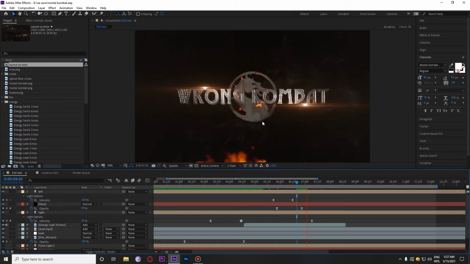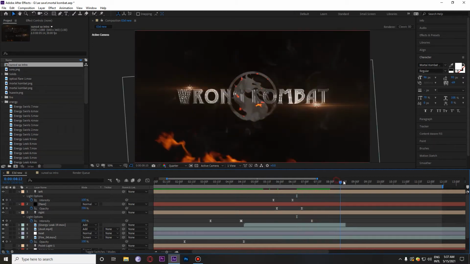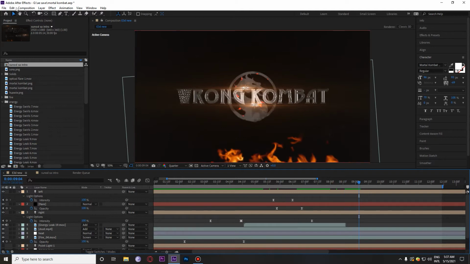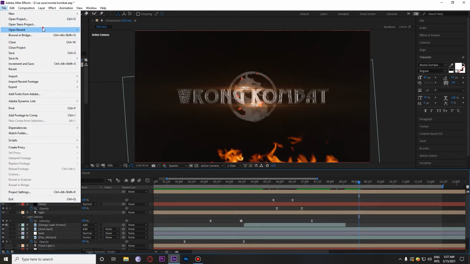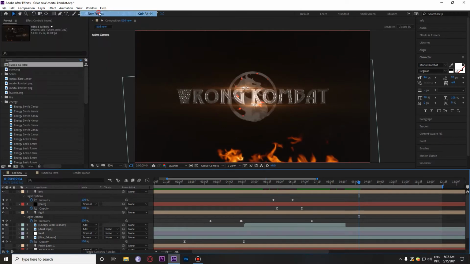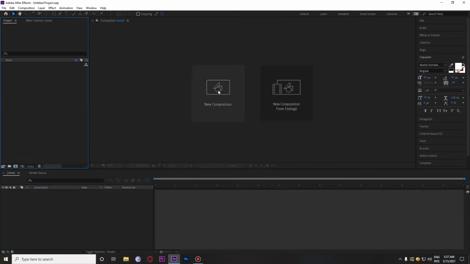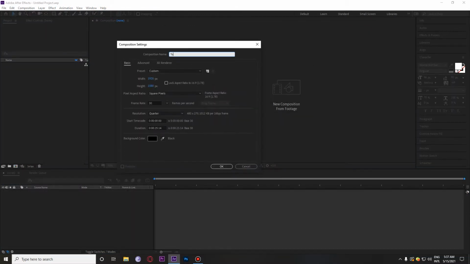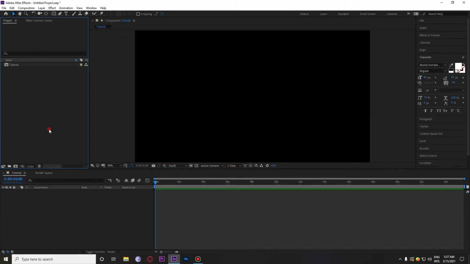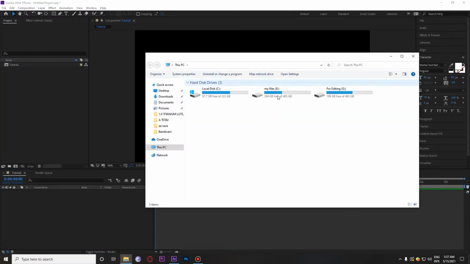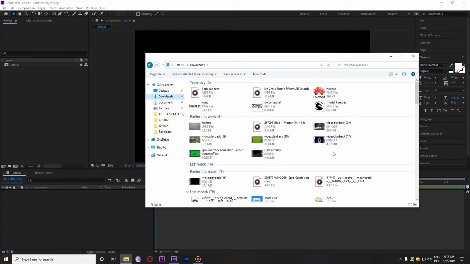When I hit distortion, okay, mag-create tag na bag-o. So create a new project. Tutorial, name this one tutorial. Then sa logo sa Mortal Kombat,